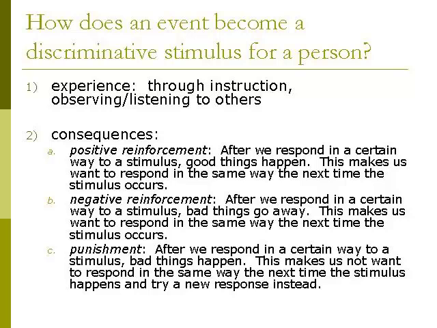Finally, punishment. Punishment is when we respond in a certain way to a stimulus, bad things happen. This makes us not want to respond in the same way the next time the stimulus happens and try a new response instead. Pretend that Johnny doesn't write his name on his paper, and Johnny's teacher figures it out. Johnny's teacher wants to make a point and makes Johnny stay in from recess